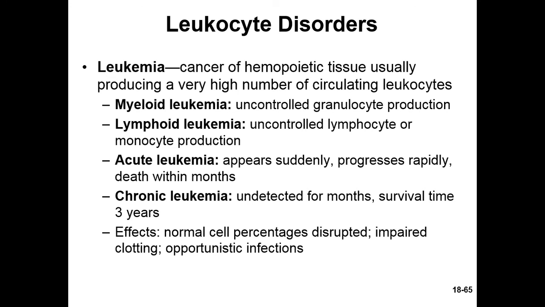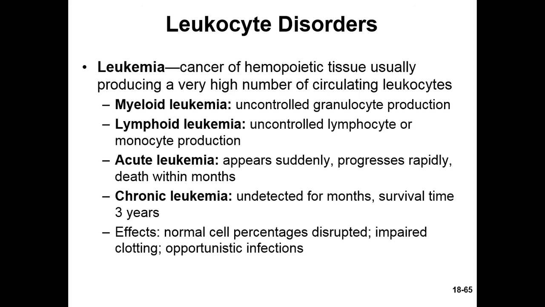Myeloid is uncontrolled granulocyte production. Lymphoid is lymphocyte or monocyte production. Acute is progressive, with rapid death within months. Chronic has a normal survival time, may be undetected, but has about a 3 year survival rate. Normally with leukemic leukocyte disorders, people are prone to opportunistic infection. An opportunistic infection is one that cannot make you sick if you're healthy, but in those who have